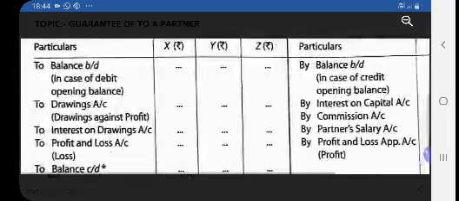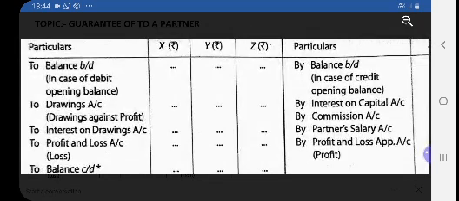Now moving to the debit side, debit balance, that I already explained, you will write to balance b/d if any partner has a debit balance. Drawings against profit, that is regular drawings, regular basis drawings. So you will write the drawings individually for X, Y, Z in their amount columns. Interest on drawings: we have discussed the various cases of how to calculate interest on drawings. You just calculate it, and if it is already given in the question, simply write the amount individually in each partner's column.